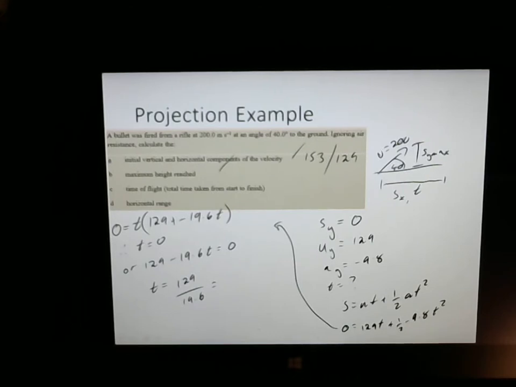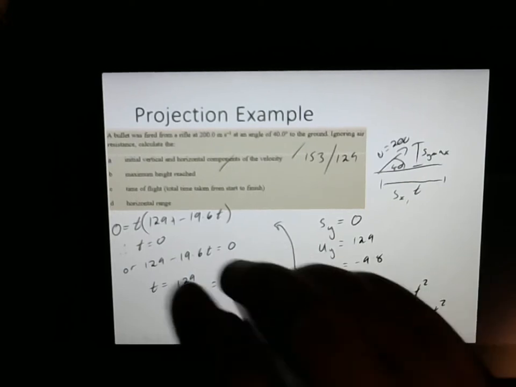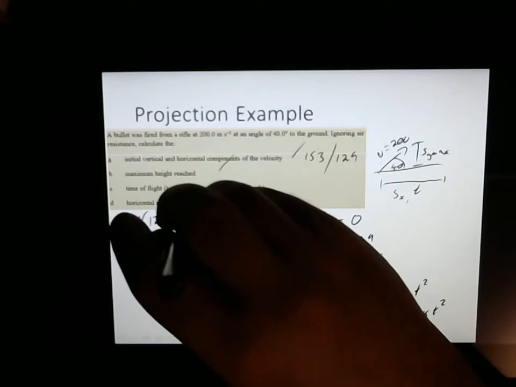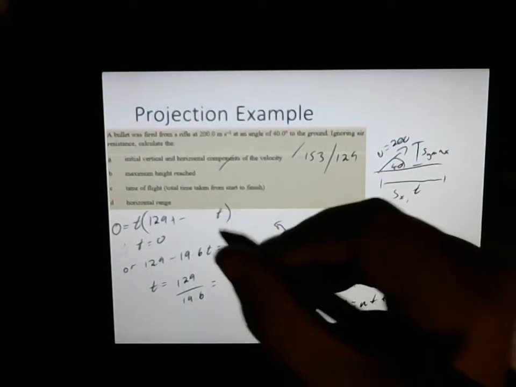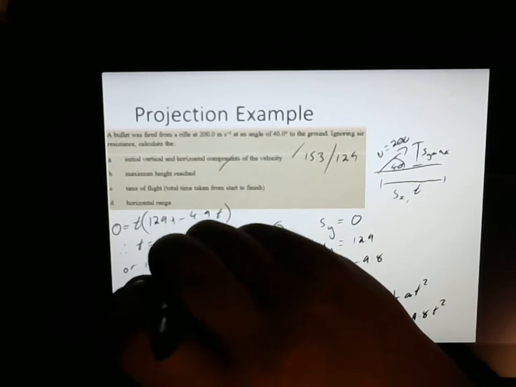Could help if I could actually read my own math. I've made a mistake here. That's half of 9.8, not 2 times 9.8. So this is not 19.6, and hopefully you picked that up and you were yelling at me through the screen. That is 4.9. Now, the reason I knew that is because I looked at my calculator and went,